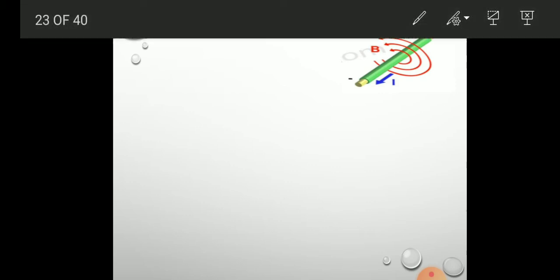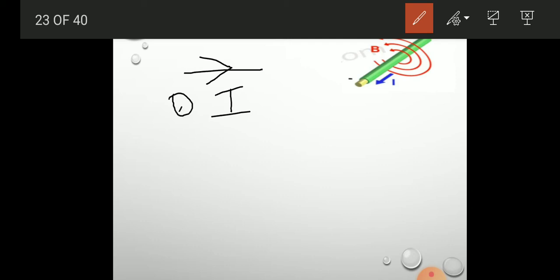So now let us consider a straight conductor carrying current. That is a straight wire which is carrying current. Okay, so in this case I'll consider a wire carrying current I. In this case, the same kind of experiment was performed earlier. There was a current carrying wire I. The magnetic compass needle was taken near it and it is placed near the wire. So if I bring the magnetic compass needle near it,